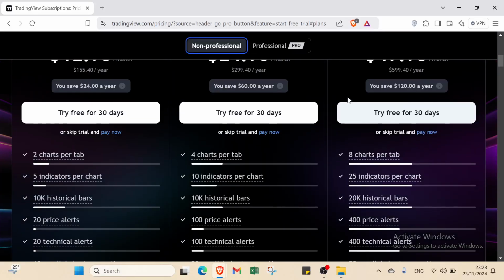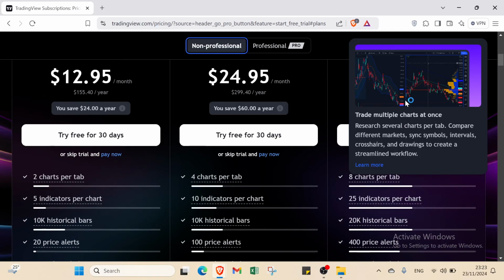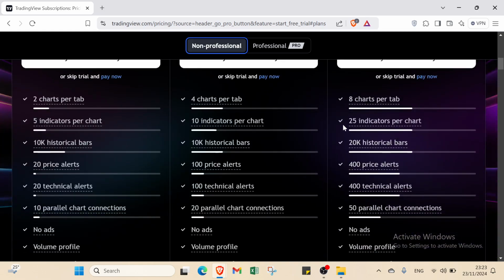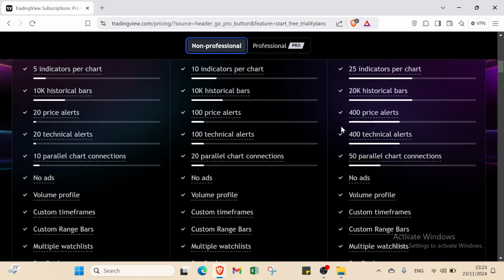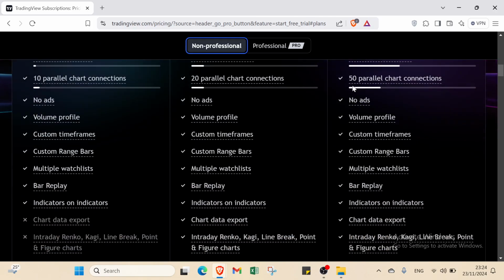Also, we have the last one, which is the Premium. You have to pay $15 per month, and per year you have to pay $600. So we have 8 charts per tab. About the features, 25 indicators per chart, 20,000 historical bars, 400 price alerts, 400 technical alerts, 50 parallel chart connections, and we also have no